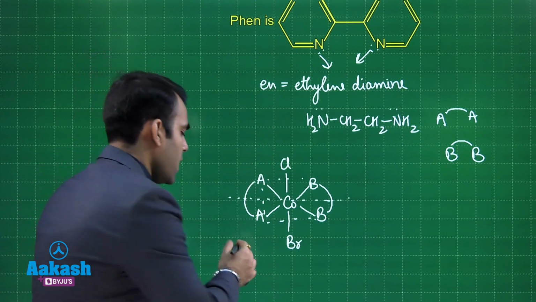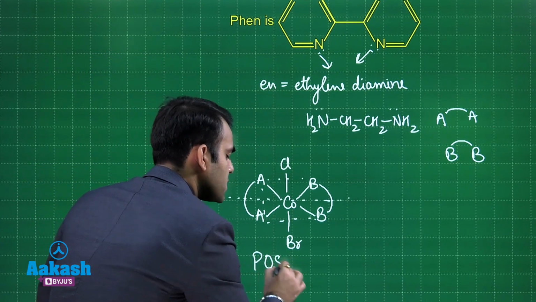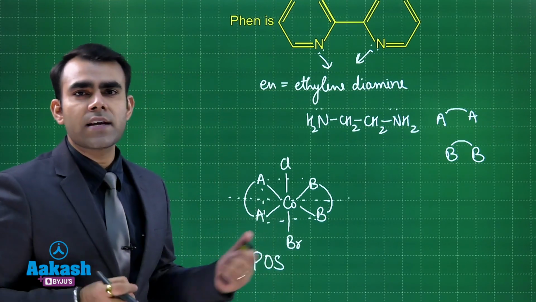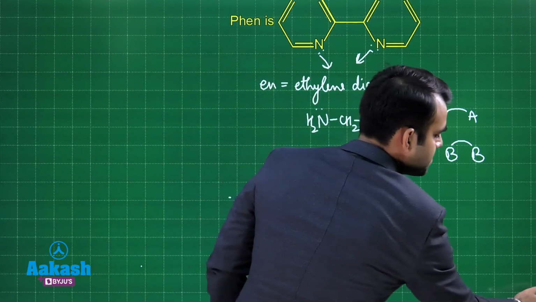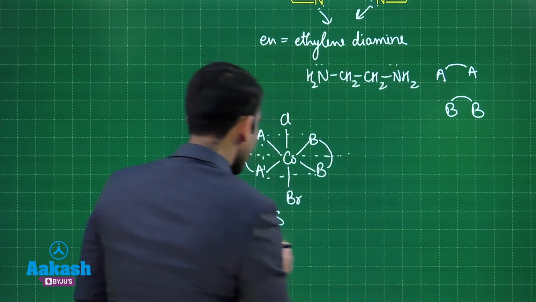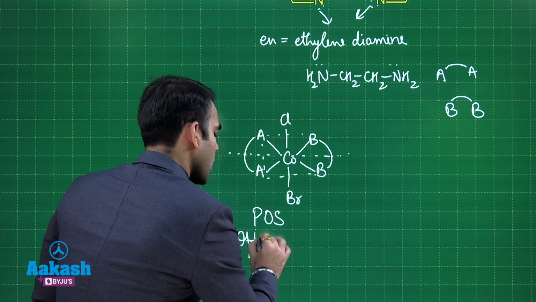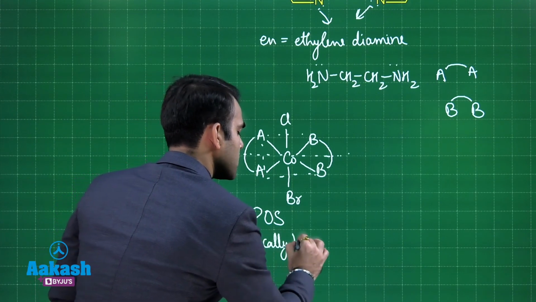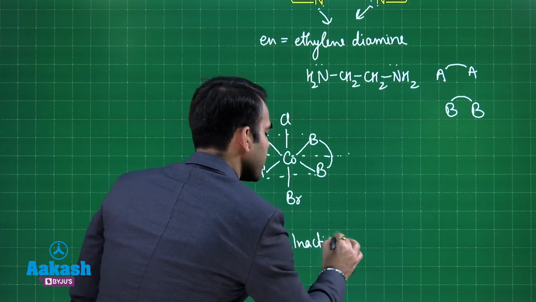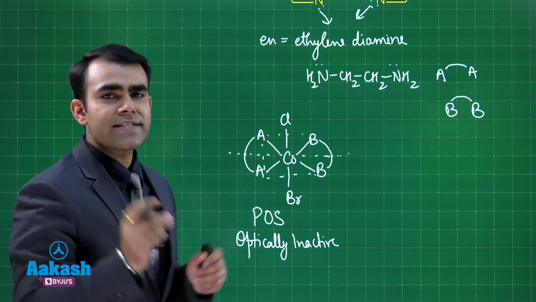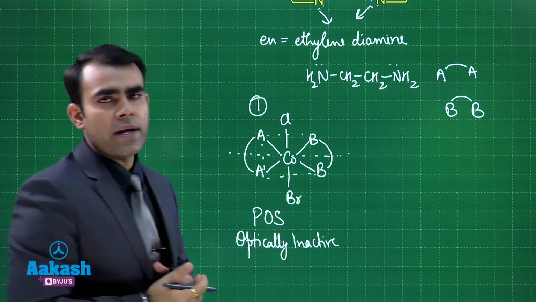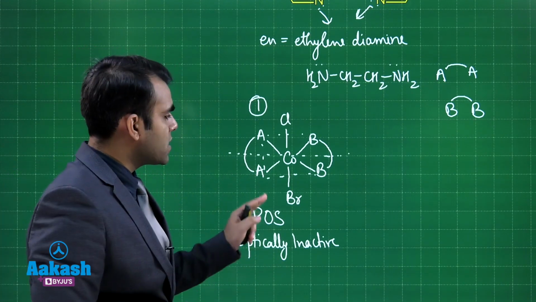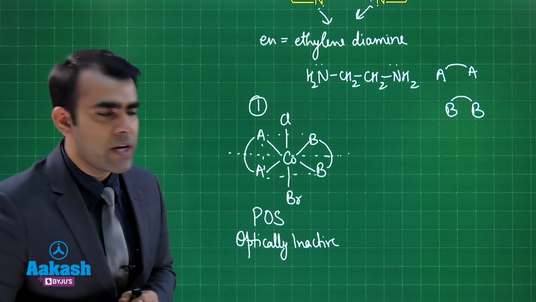of symmetry. And as it has a plane of symmetry, I can say one thing, that my compound is optically inactive, and if it is optically inactive, I can say one thing, that we will get only a single stereoisomer from here. Now let's put the Cl and Br cis to each other.